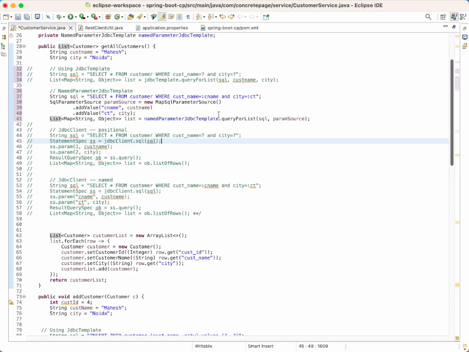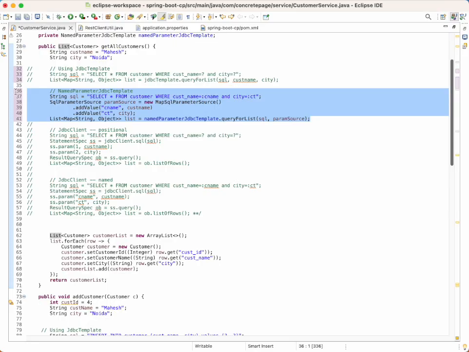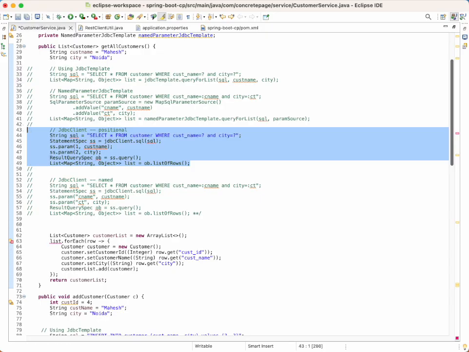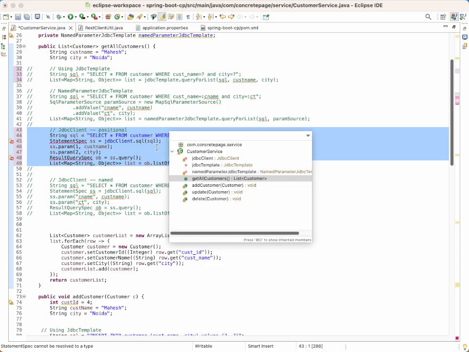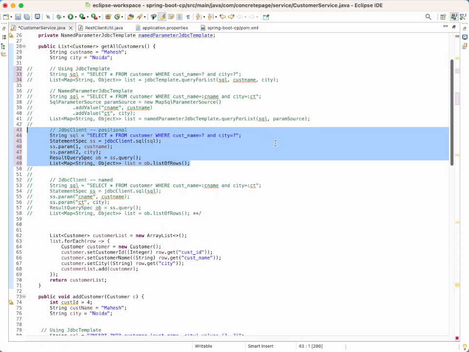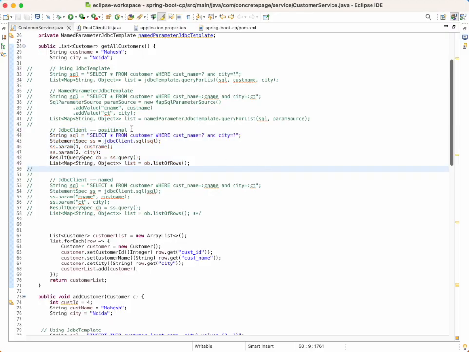Now talk about the JDBC client. As we discussed earlier that JDBC client can use positional parameters as well as named parameters. So first I am discussing using positional for the JDBC client. This is our query and it is using the positional parameters. To bind the values,